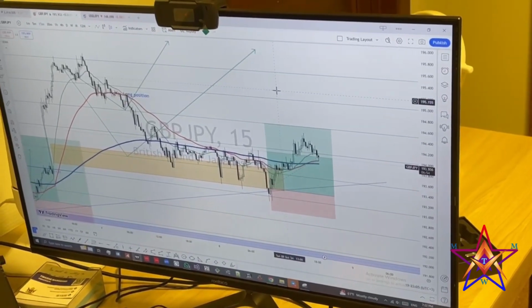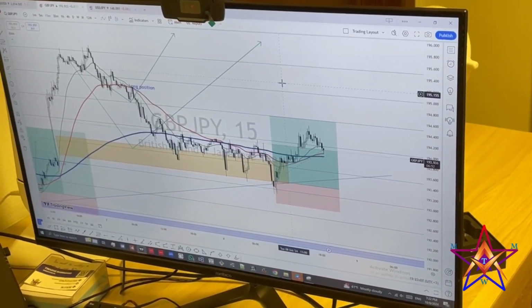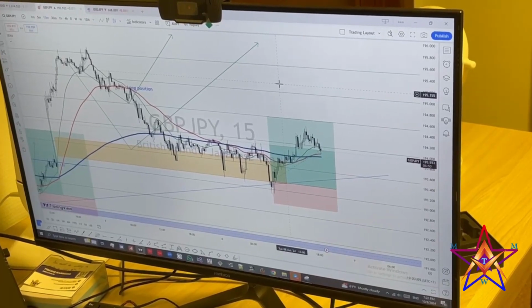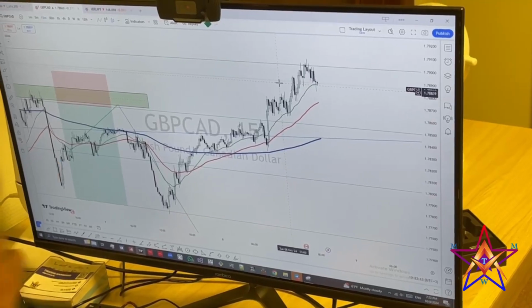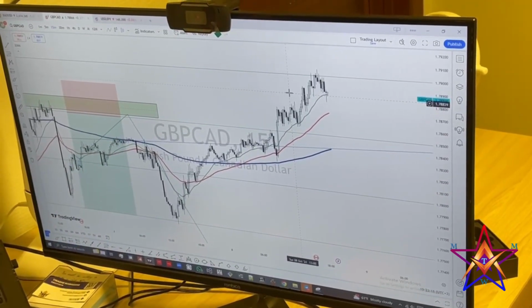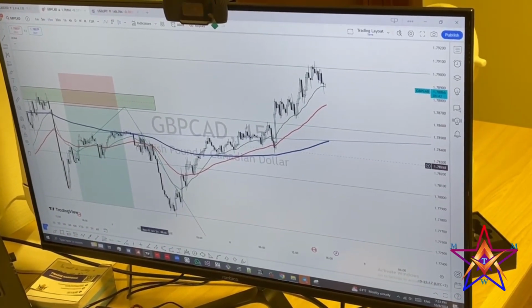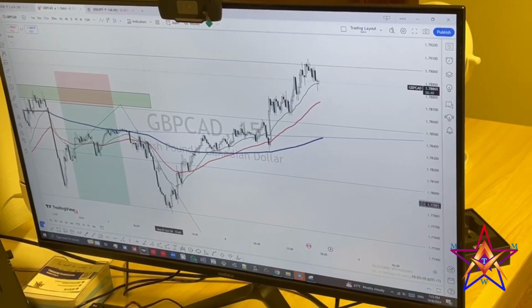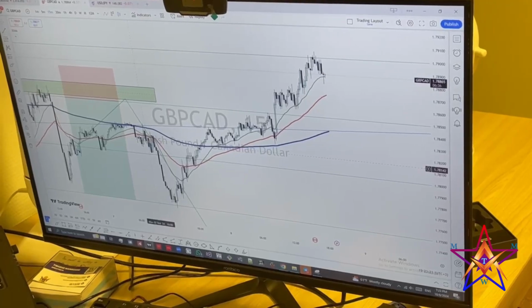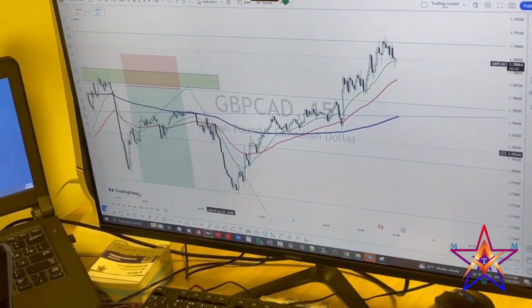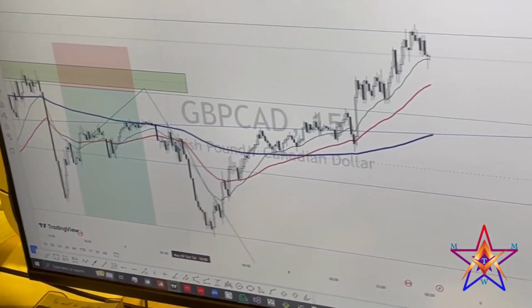We're monitoring 4 pairs: XAU USD, GBP JPY, USD JPY, and GBP CAD. We are going to be looking at GBP CAD. It did not go for that retest. It just went straight. When it retested the trend line, it just went straight down. And if I had seen this move right here at 10 a.m. yesterday morning, after this bearish engulfing candle, I would just enter.